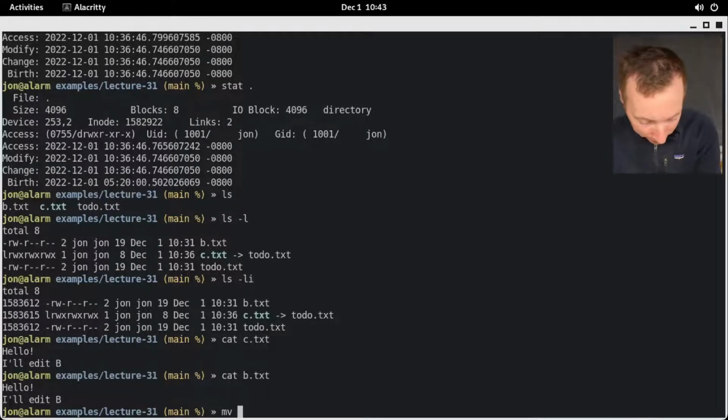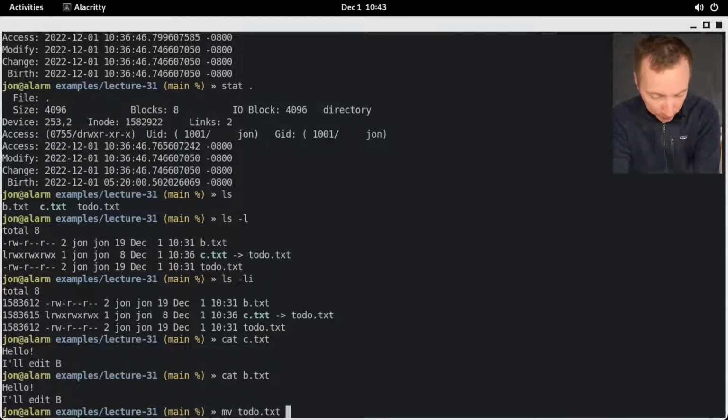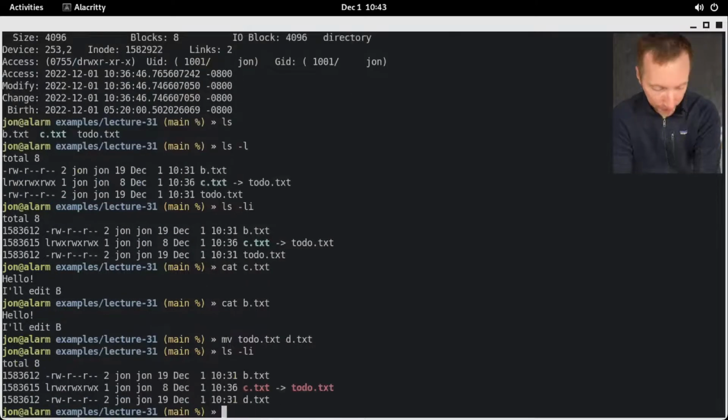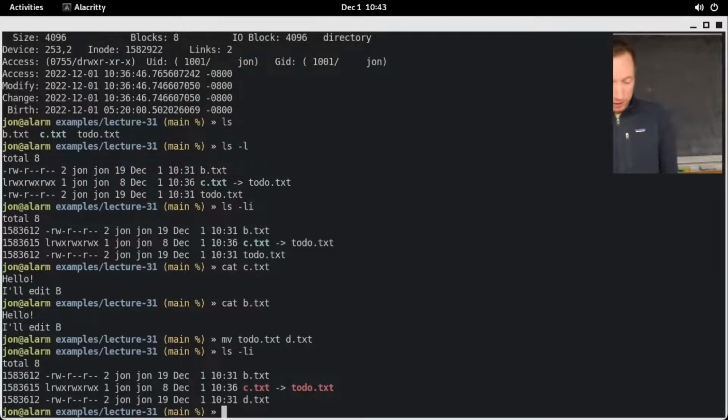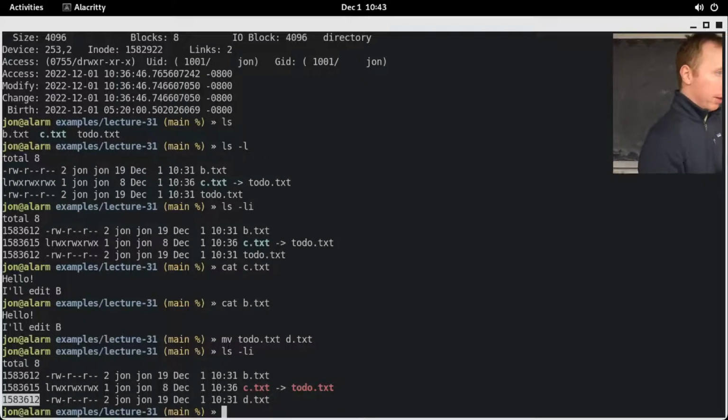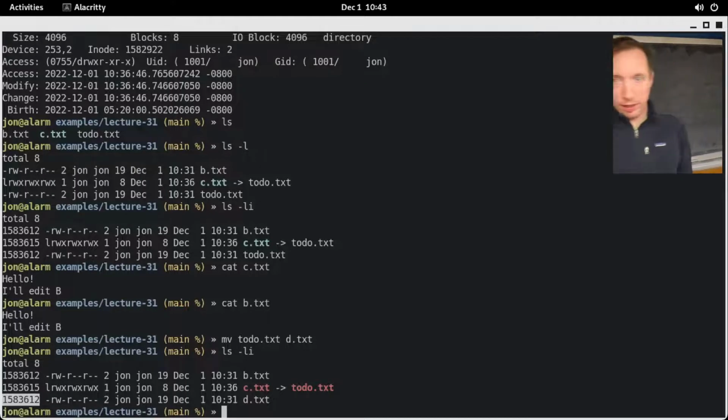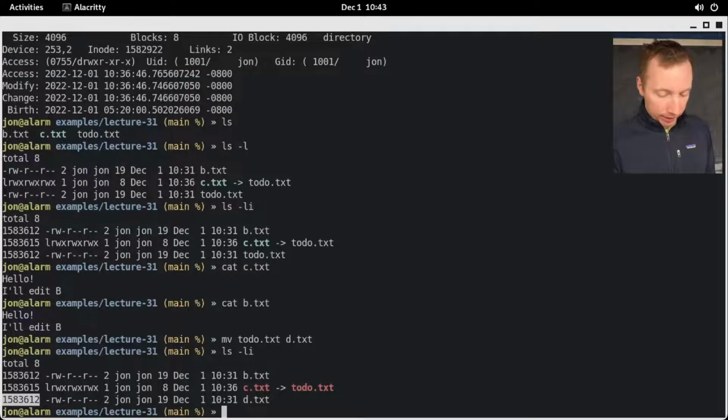But if I'm within the same directory, I can move to-do.txt to something like d.txt. And if I ls again, I can see it's still pointing to the same inode. All I did was change the name. So now there's still two things pointing to that inode. I have d.txt and b.txt. But now you'll see something is in red because I broke the